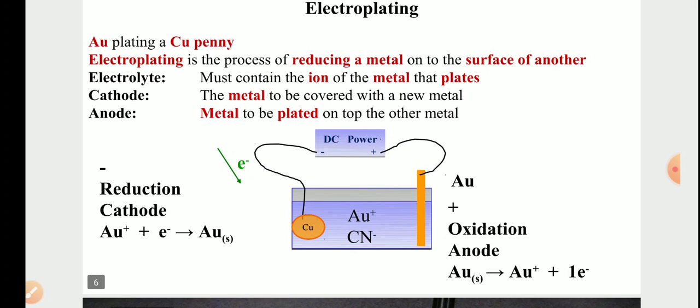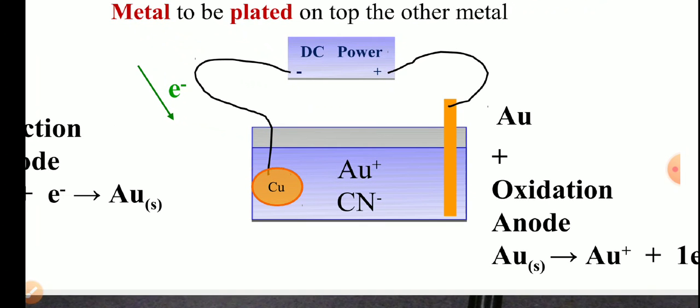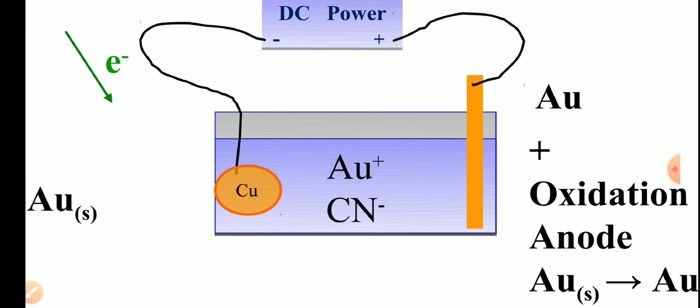And the electrolyte will be the salt of the metal which is used as the anode. If you look at this picture, here we want to make a layer of gold on the copper surface. So we use copper as the cathode and gold as the anode, and as a salt we use AuCN. As it is a cyanide salt, we sometimes avoid it because cyanide is very poisonous. So in that case we use